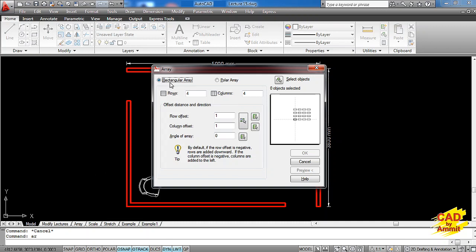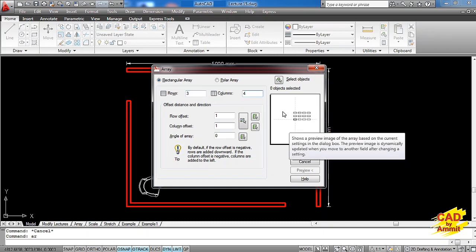I'll select the rectangular array option. I want 3 rows. That means the horizontal lines I want are 3. The vertical lines I want are 4. And this is how my array will look like. So this is a preview area of this command where software is showing me what is the meaning of 3 rows and 4 columns.